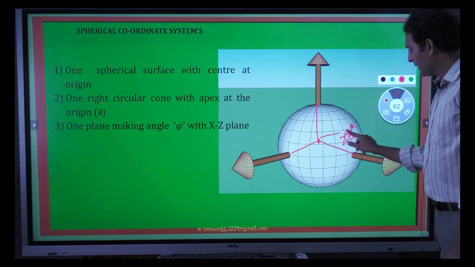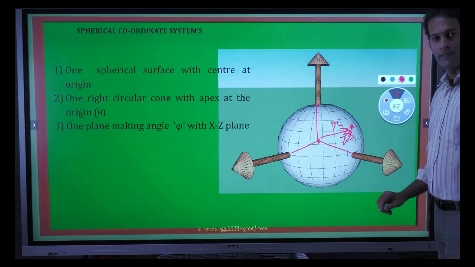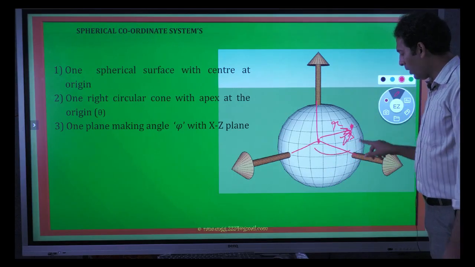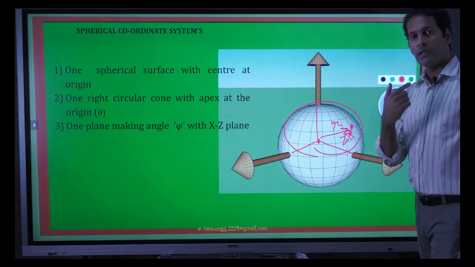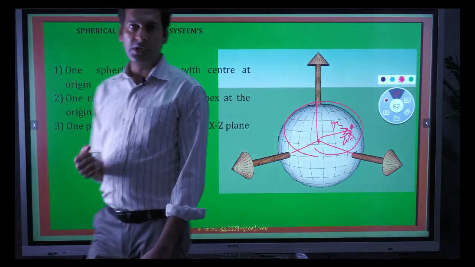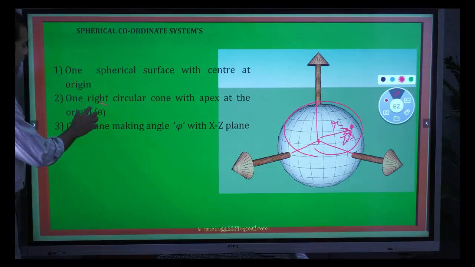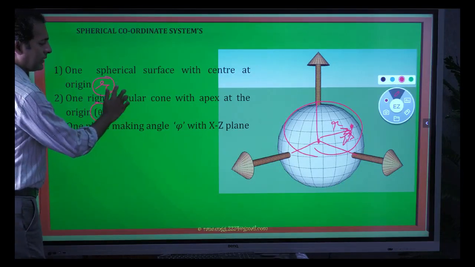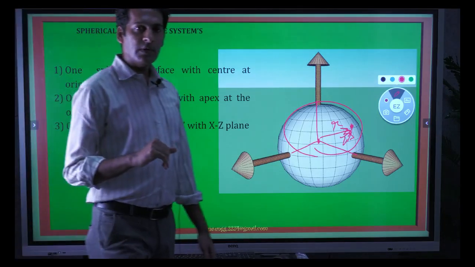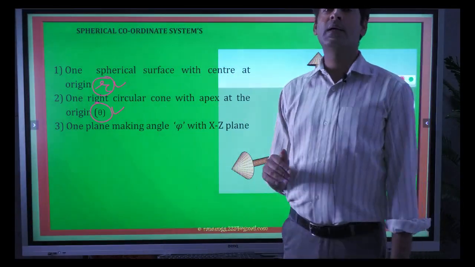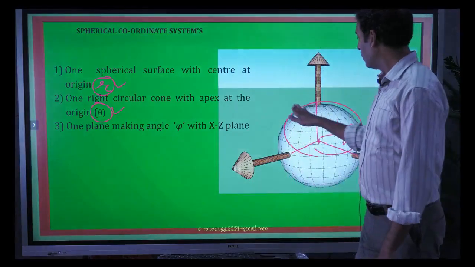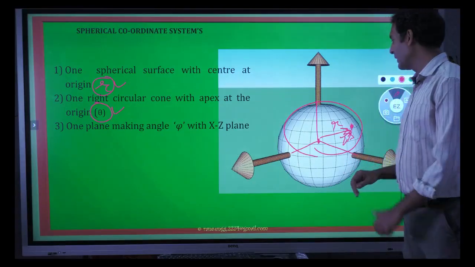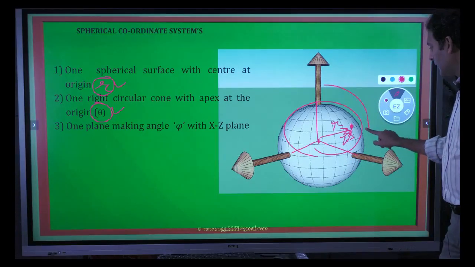Suppose the biker is rotating inside the sphere. So the first thing we can give is the radius from the origin. The second thing we require is the angle of rotation. He is rotating in a circular manner. That rotation will be considered as angle theta. So we have radius r, angle theta. And the third one: in the previous 2 coordinate systems, we had the third component as z. But here there is no flat surface, as we discussed earlier. So we require an additional angle, which we will calculate like this.